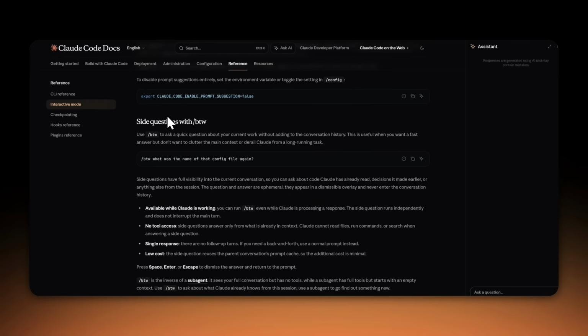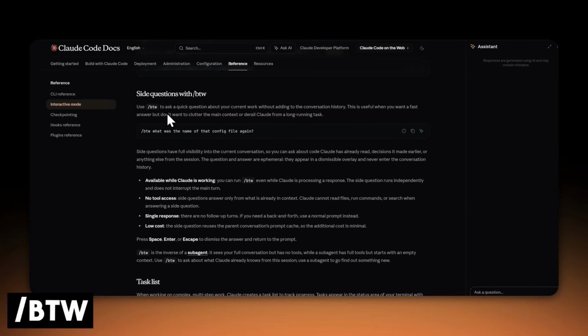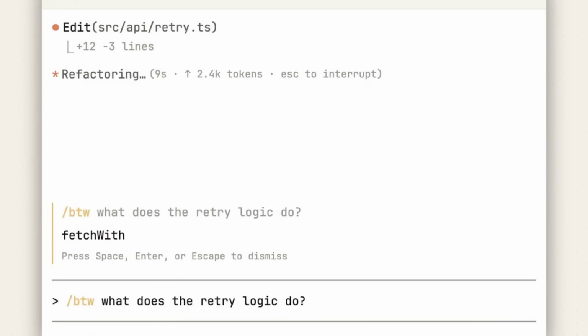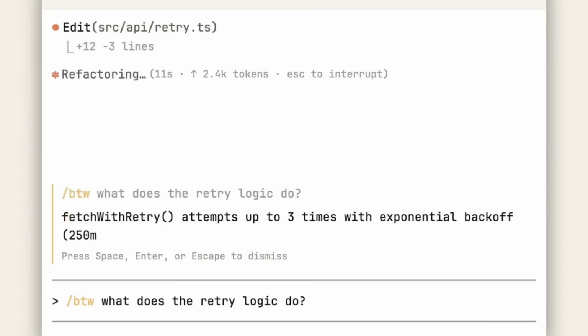To start off, let's take a look at the new /btw command. This is a command that lets you ask a quick question about your current work without adding it to the conversation history. It's extremely useful when you want a fast answer but don't want to clutter the main context or derail Claude from a long-running task. This is essentially going to keep the main job running in the background while enabling multitasking with your Claude Code